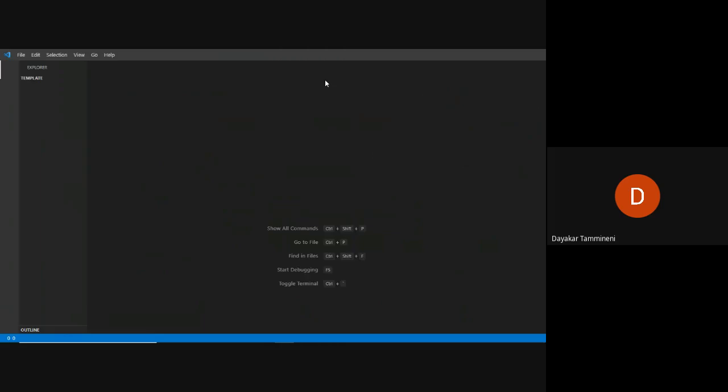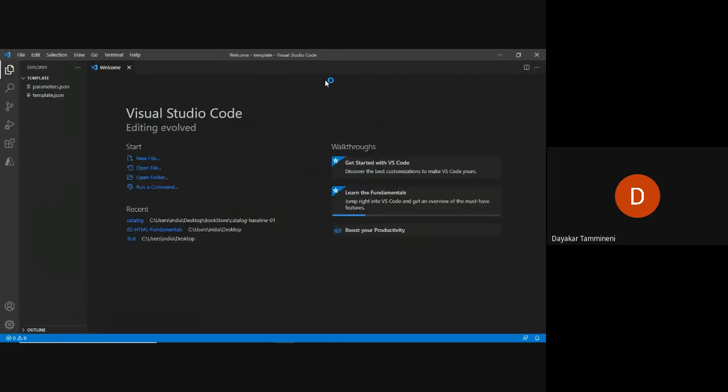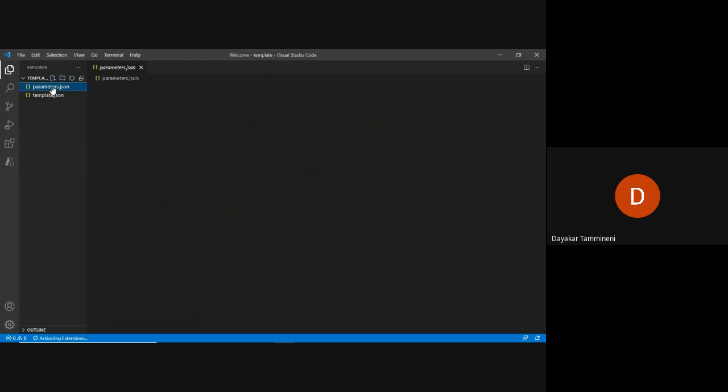So this is the VS Code editor. Here you can see these two JSON files, parameters.json and template.json.